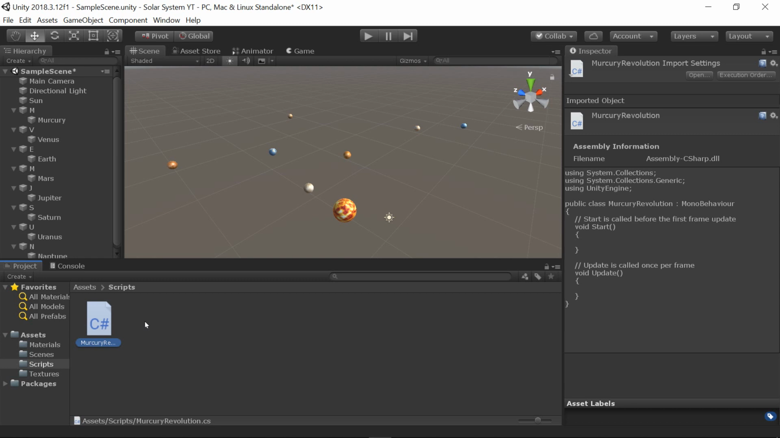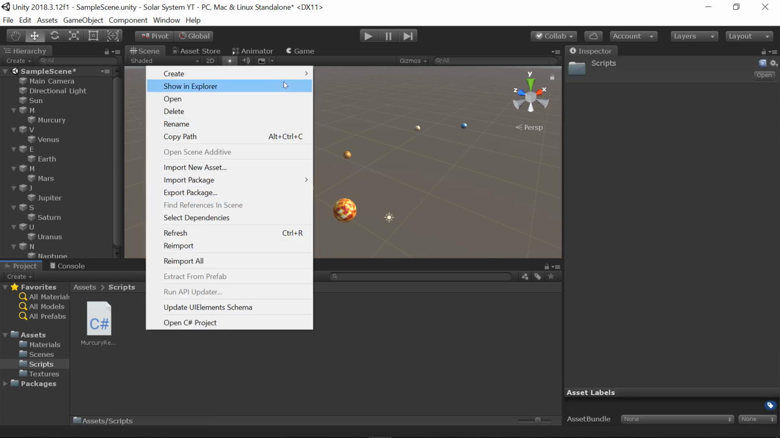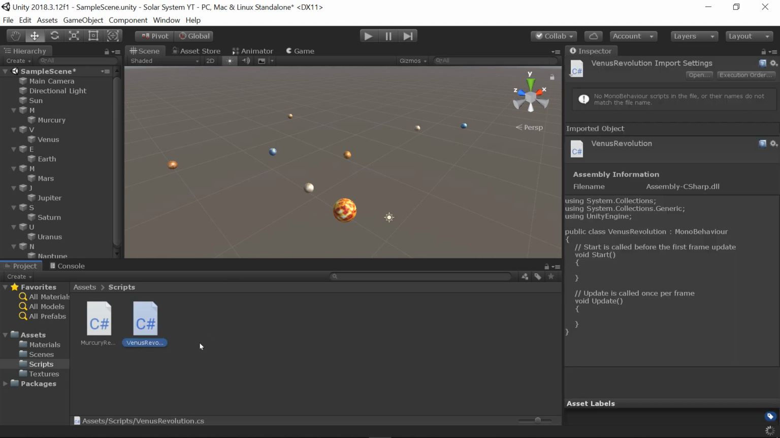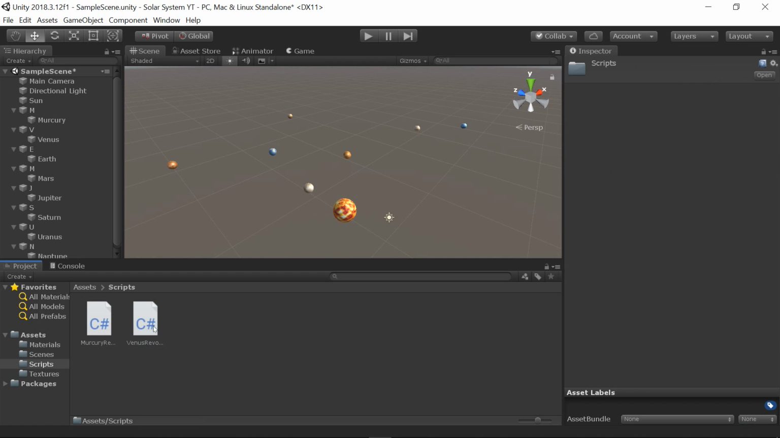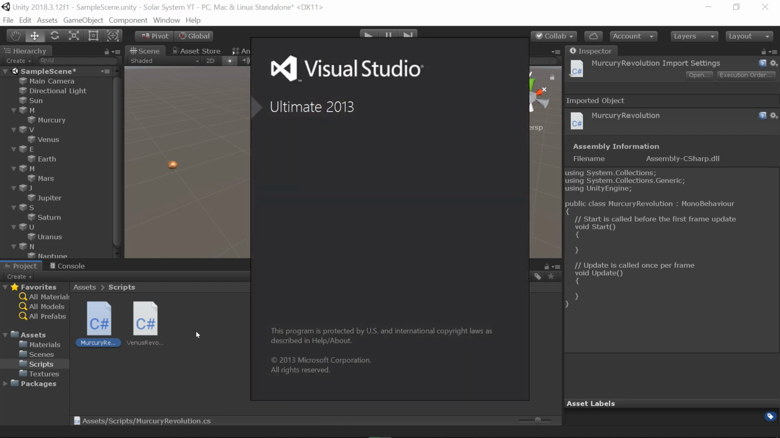So I'm making the simple one. Okay, let's create another C# script. It will be the Venus revolution. Okay, first we want to revolve the Mercury around the Sun. So what will we do? There is a single line. We will add